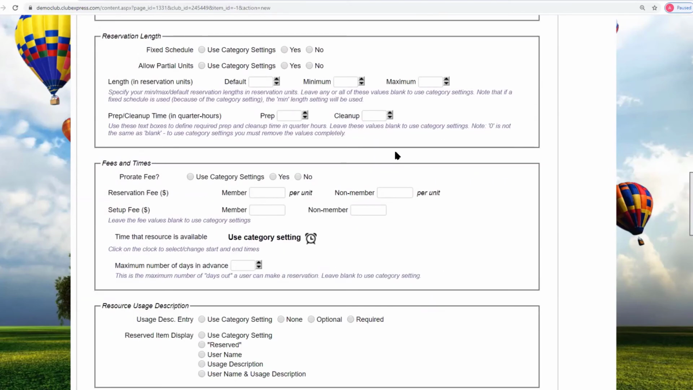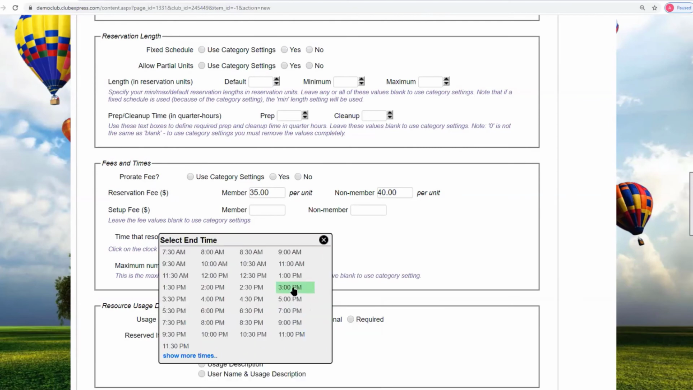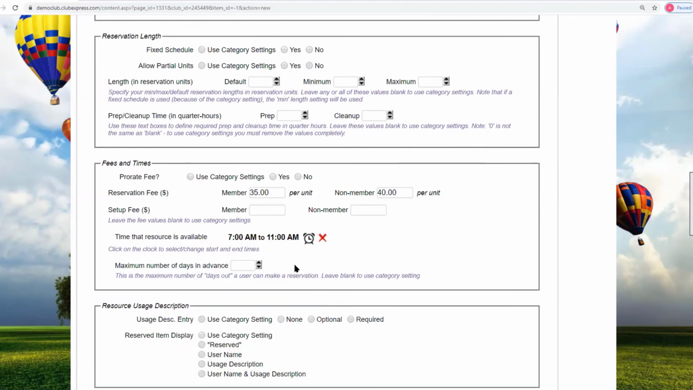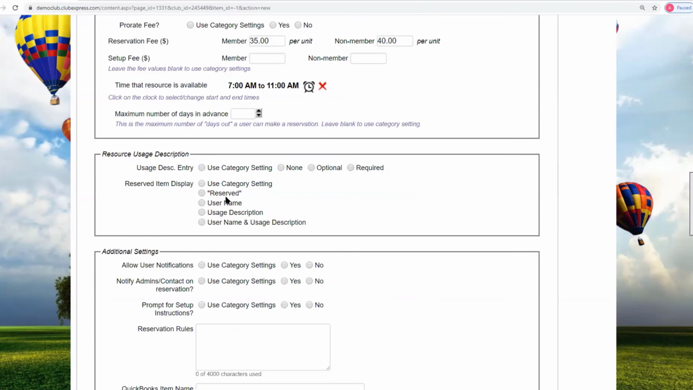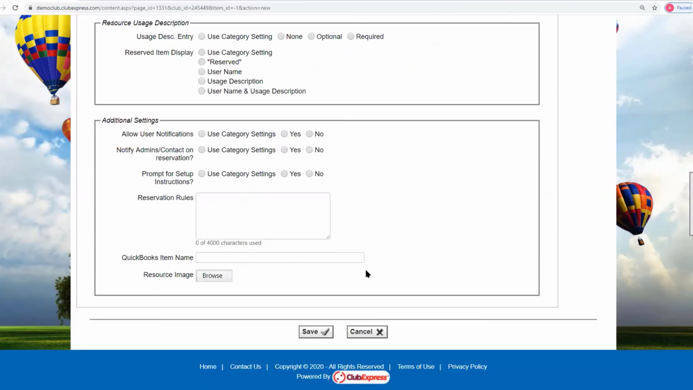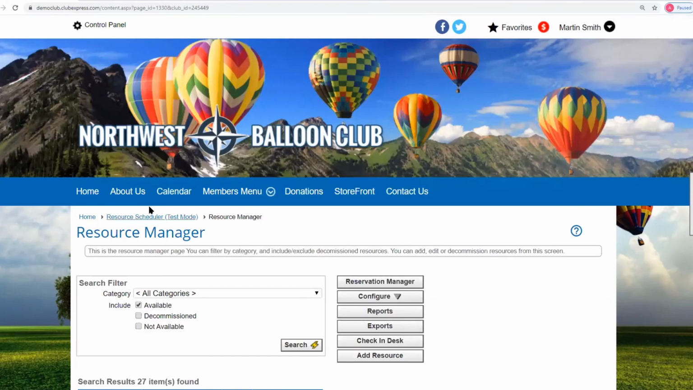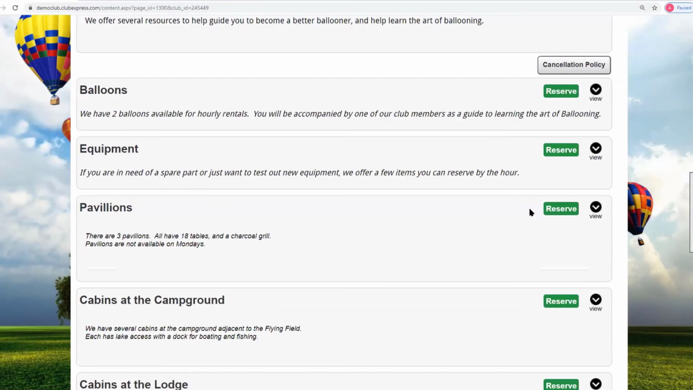But I'm going to say that the reservation fee here is $35 for members and $40 for non-members. And I can say that this is only available from 7 o'clock in the morning until 11 a.m. And I can use everything else. I can use the category settings, and I can go and browse for a picture of the item. If I save it and I go into the resource scheduler,